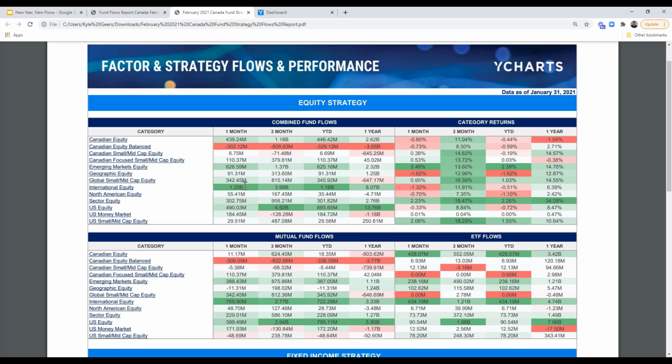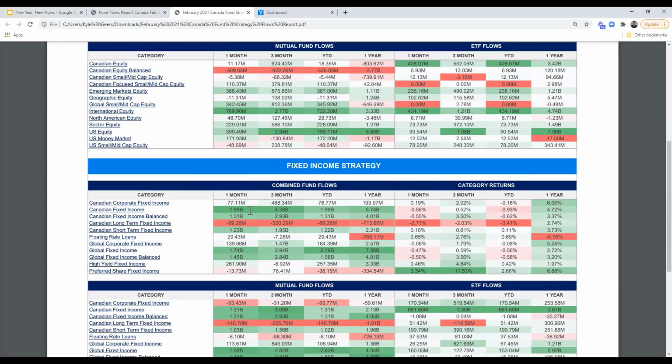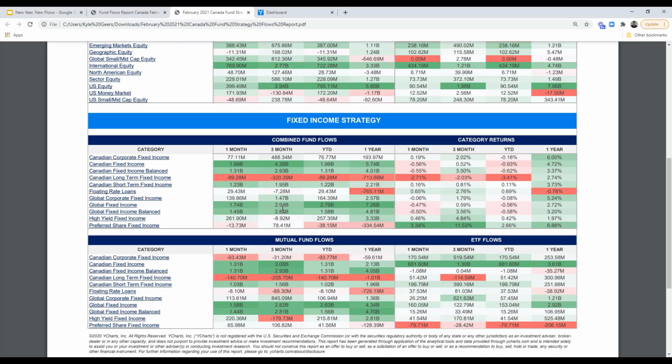So international equity, 1.2 billion in terms of combined flows. Emerging markets, 600 million. So those are definitely things to take note of as you're having discussions with clients. I mean, there's a reason that a bunch of assets are piling into those categories, and there's definitely narratives to support that. Then as we scroll down, we take a look at our fixed income categories, and once again, fixed